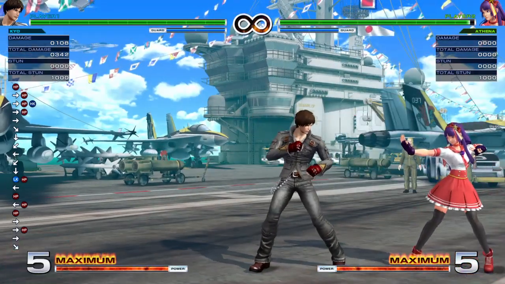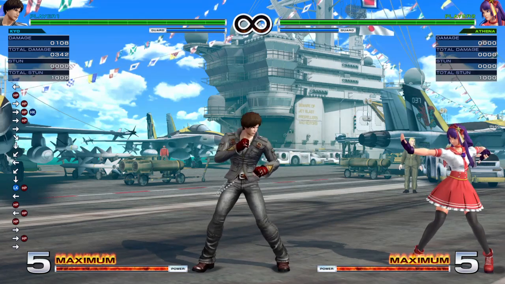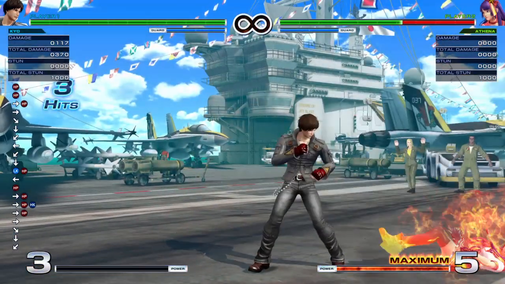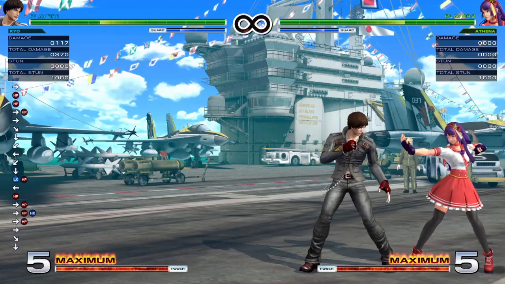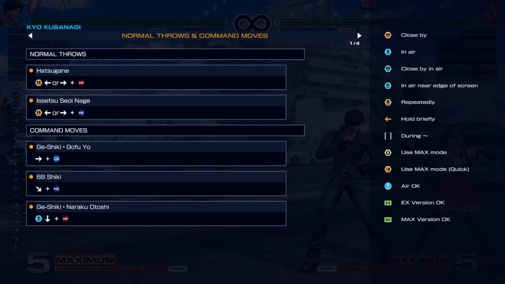Just 342 damage, which isn't that much damage, quite frankly. How much do I lose on my meter? Max mode. So my meter's down to 3. So you can hold the button down, then release it when the time is right. But it's cool if someone's trying to block it, I guess. I like that you can hold it a bit, but I'm probably never going to do that in a